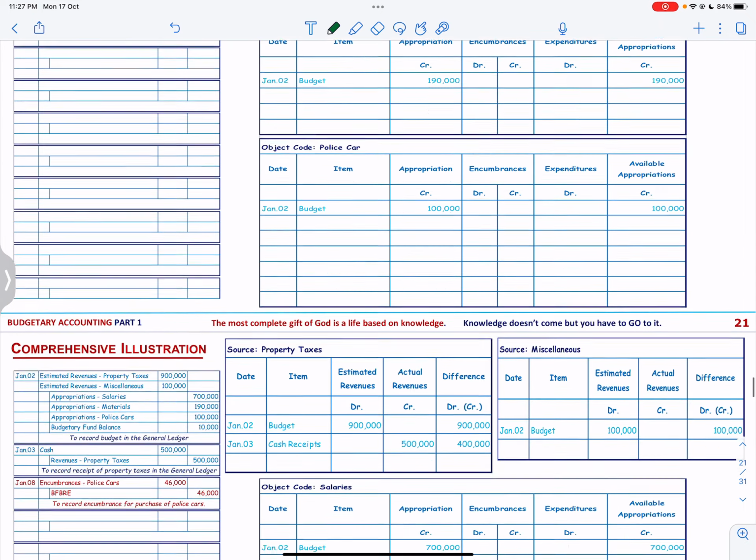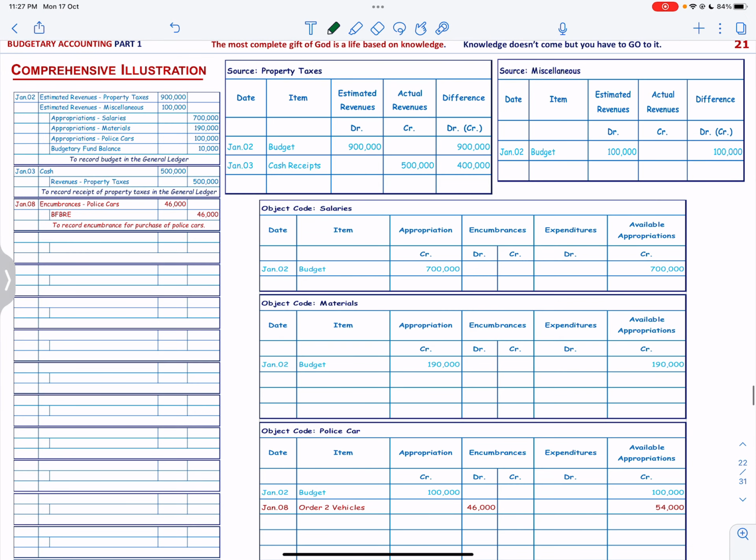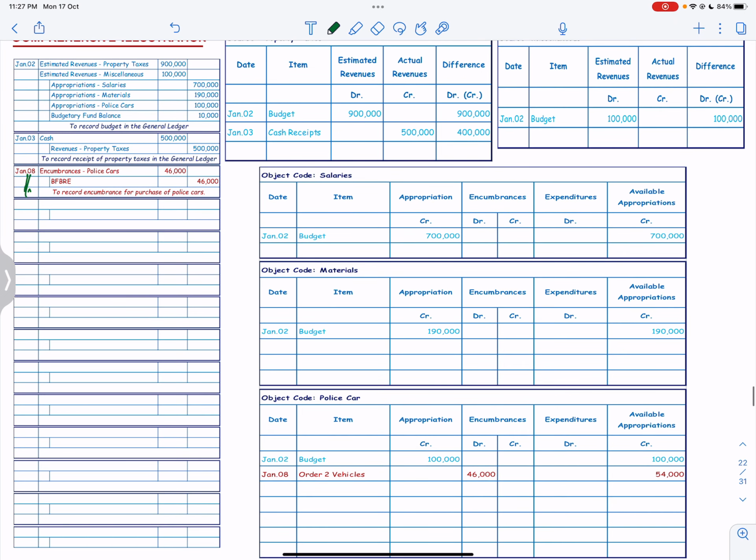We go to the next transaction, and in the third one you have placed an order for which you have created an encumbrance of 46. So this is for the police car. We already have the budget of 100,000, and from this we have encumbered 46 that you have set aside. That means now you have a remaining balance of 54,000 to be spent during the year